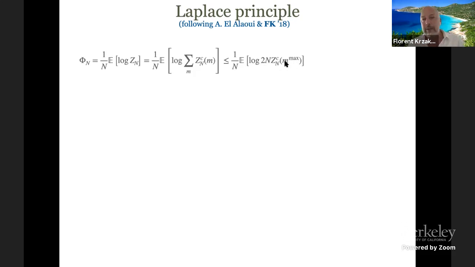Now there is a tricky part because the maximum here can change a bit when the disorder changes. So it can fluctuate from sample to sample. So you have to prove that it does not. And it's very easy. It does not because the free energy concentrates. And once you do this, you can essentially write this. And phi_n, the true free energy, is bounded by the constraint free energy evaluated at its maximum plus something which is order 1. I mean, it's log n over n, which goes to 0. All right, so this is what it means in a nutshell. You have to do this a bit more carefully than what I did, but this is what it really means.